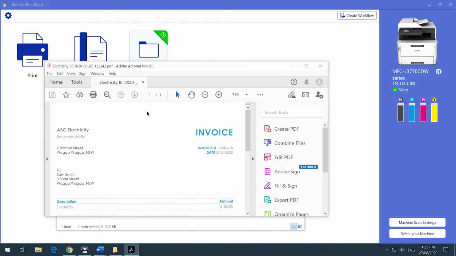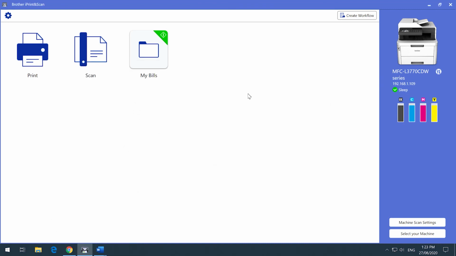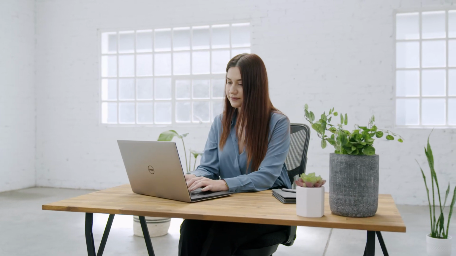This is how you can quickly scan documents, create workflows, and keep an eye on the status of your Brother product. If you have a Brother device,